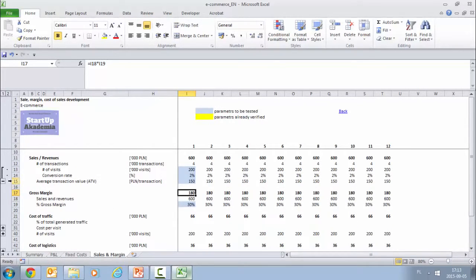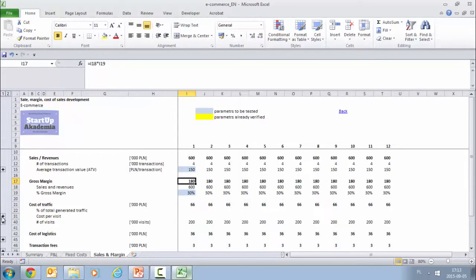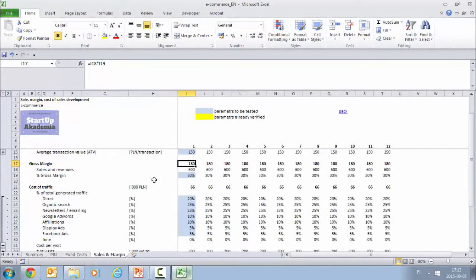So let me just go through how we go around and estimate the cost of traffic. So basically what we have to do is first of all estimate the structure in which we get the traffic to our site. So here we have the sources, and this is their share in generating the total traffic. It should add up to 100. There you go. So this says that 20% of our visitors to our site will be direct. So they basically know the site, and they just directly enter. Obviously, in the first stage, it might be that it's close to 0 because they don't know your site, and this grows over time to those 20%. We can actually model it here over time.